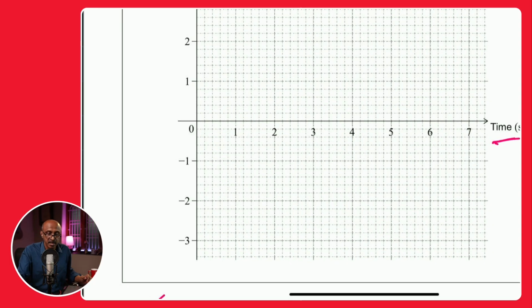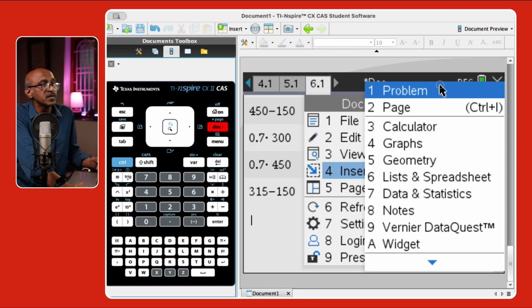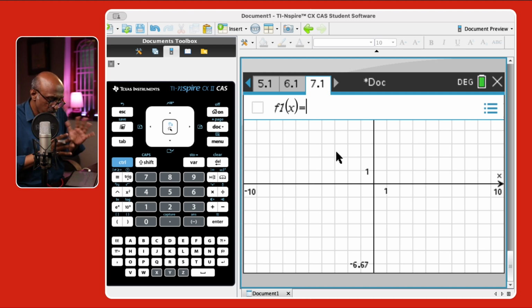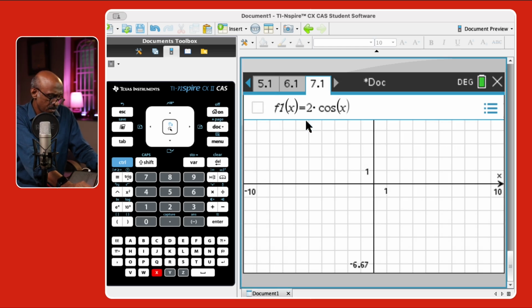Okay, so I'm going to switch to my calculator screen. There you go. This is problem number 6 on my calculator. So we are going to insert a new problem like we've done before. We need a graph page this time, so this is 7.1: problem 7 and page 1, the graph page. On this graph page, you can only enter in terms of x and y. Those are some limitations. So I'm going to enter the velocity in terms of x: 2 times cos of x plus sine of